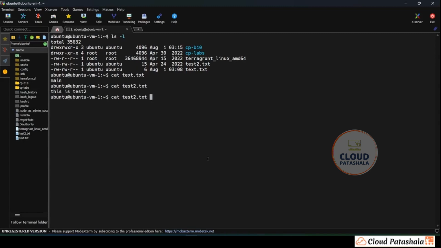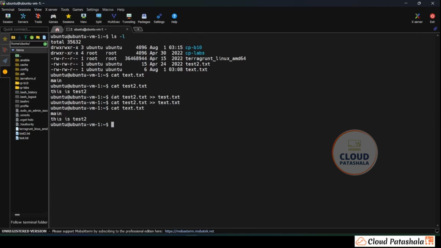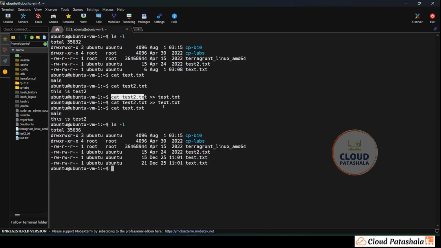What I can do is cat test2, I could send this output to text.txt. So what this would actually do is append to the file text.txt. It's not test but text.txt, and if I now do a cat text.txt, this would actually give us both the contents which we have already here. So this is how we can redirect the output of one file into the other file. Now if you see, I would be having a separate file as well, which is test2, but our primary focus was